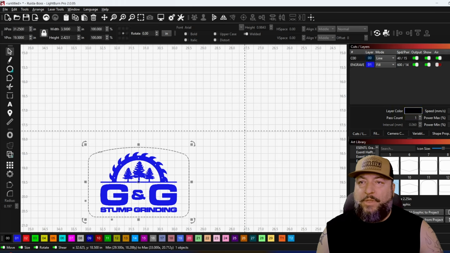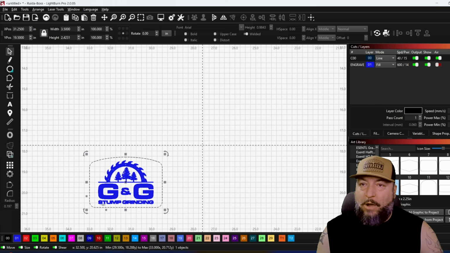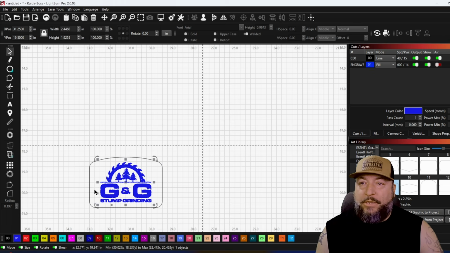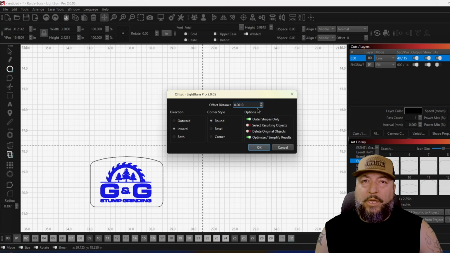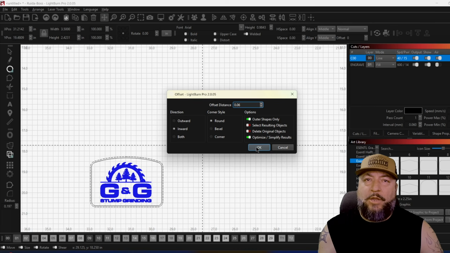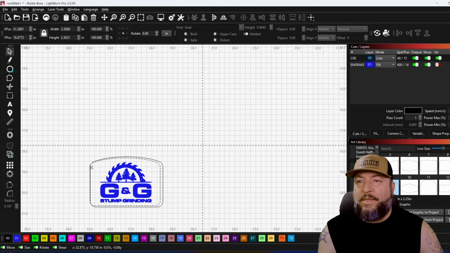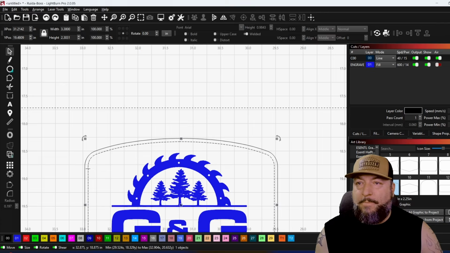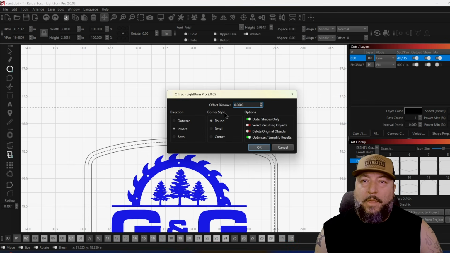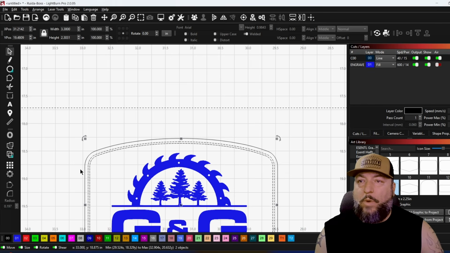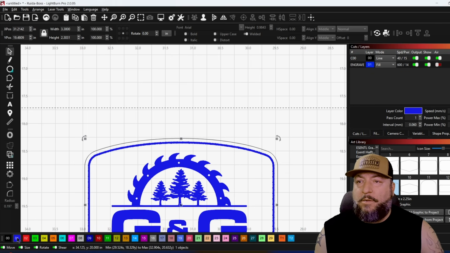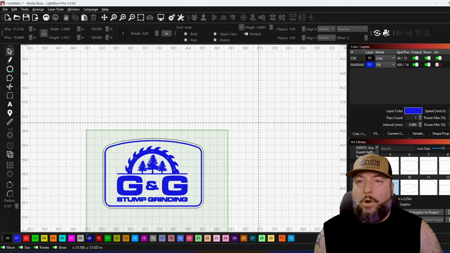If we wanted to then create some type of outer border, we could actually do that by just clicking on the patch itself, doing a border. And with borders, I usually go in about 6, hit OK, and then I click on the next one, the inside one that we just did. I hit offset again, and I take that to about a 3 or a 4. And then what we do is weld that together. And there is your